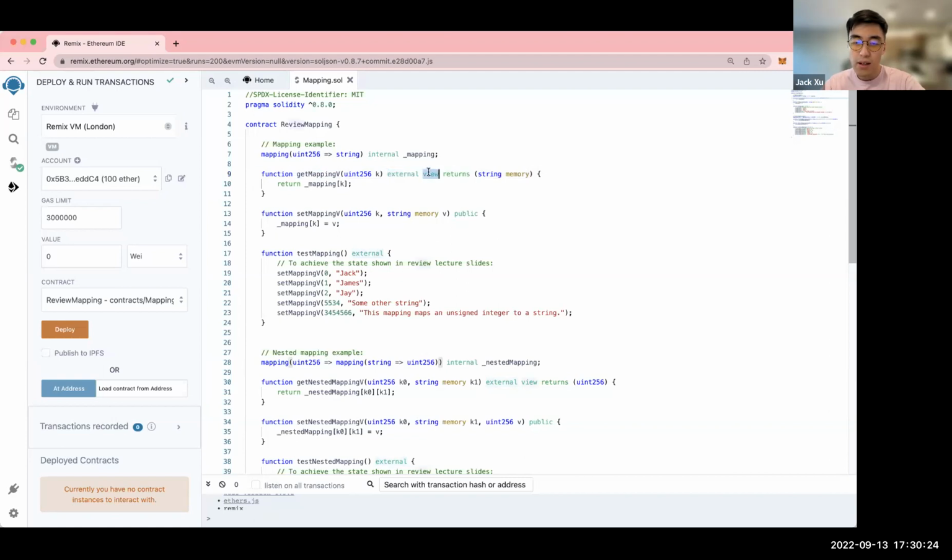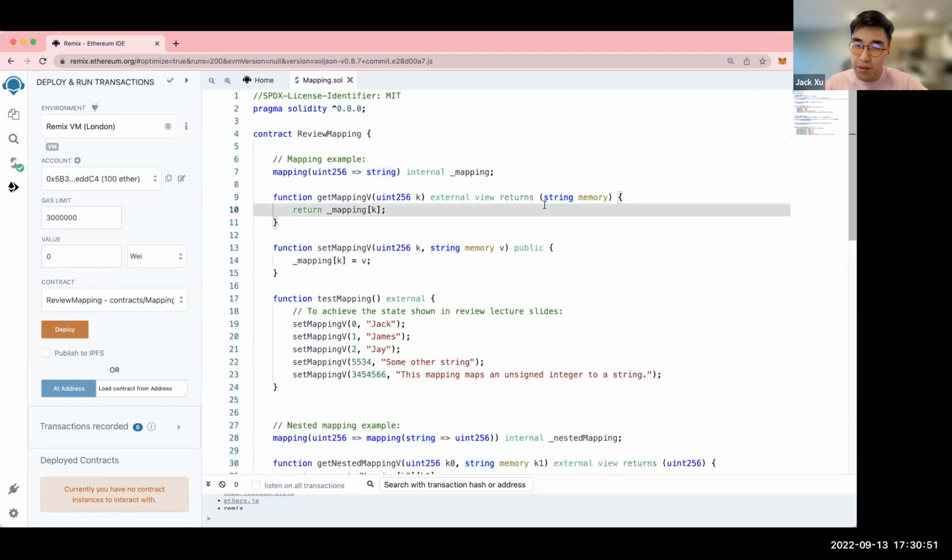And view means that we're only reading from the blockchain, which makes sense, because we're just trying to get some value. We're not trying to write anything, we're just trying to read. And returns a string memory. Let's not worry about what memory means yet. It's just returning a string here.